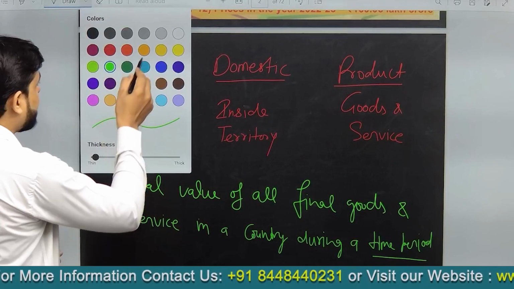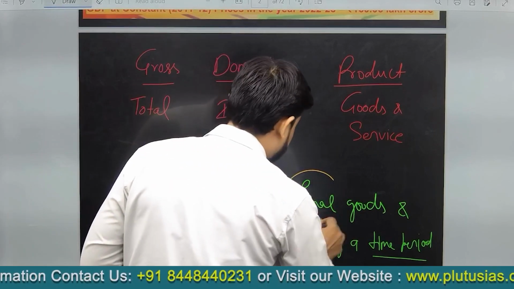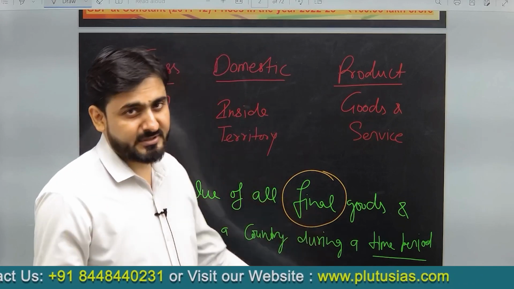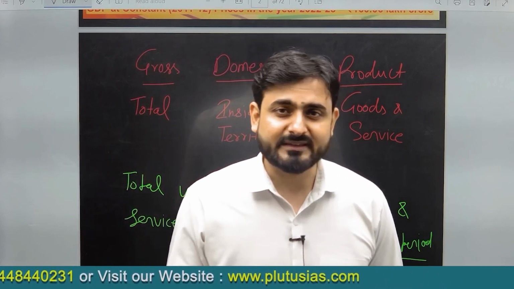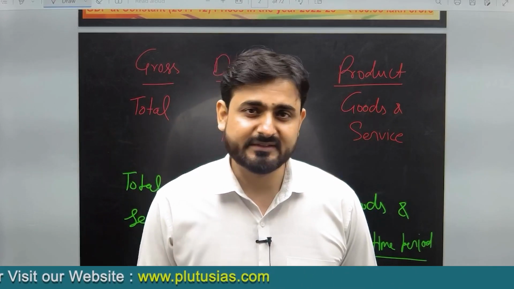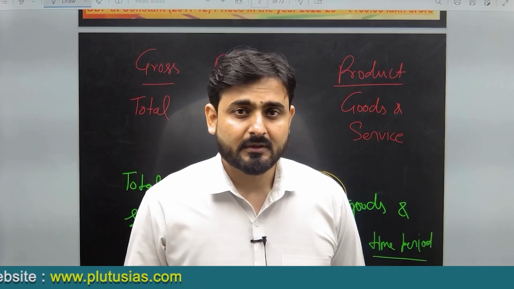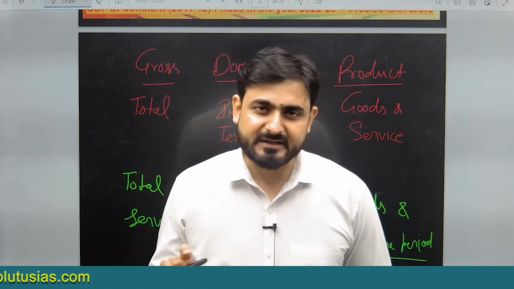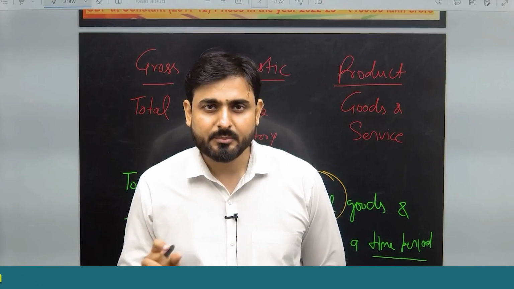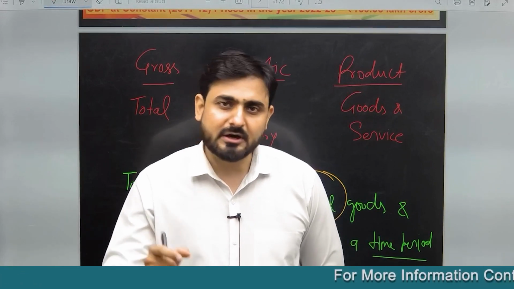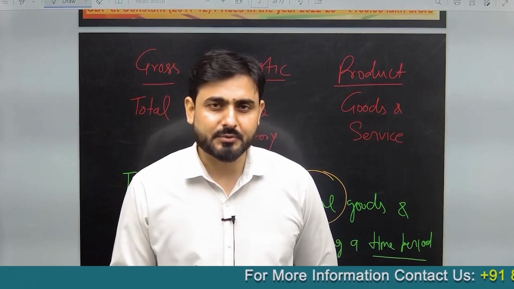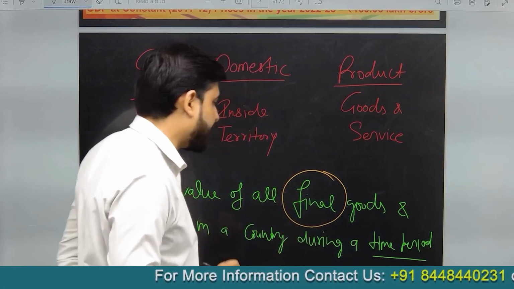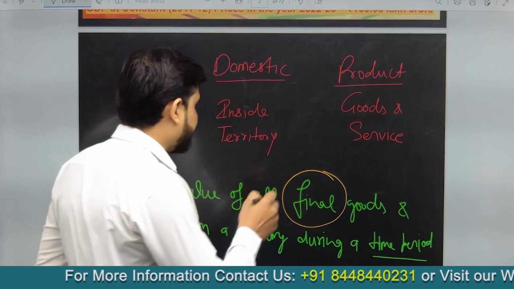Now what is meant by final here? Not the intermediate goods, rather we consider only the final goods. Why do we consider the final goods? So as to avoid multiple calculation, miscalculation or double counting, we only include the final goods. Suppose that tire,